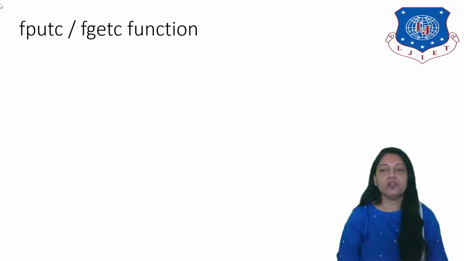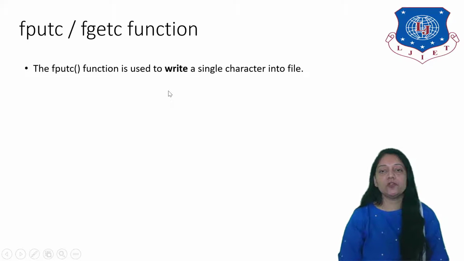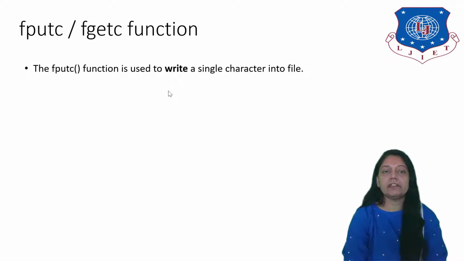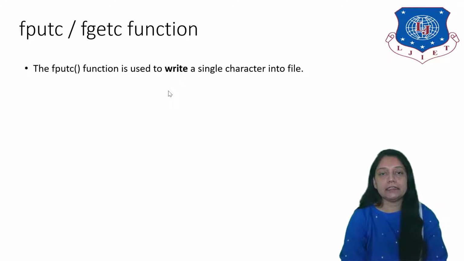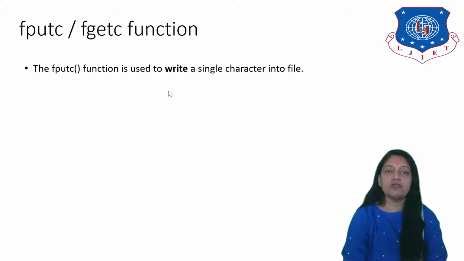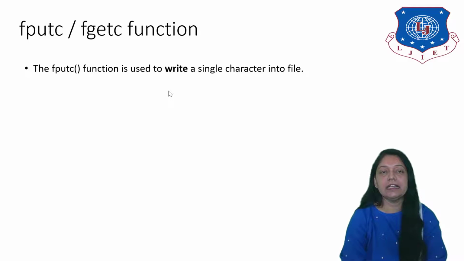So today we'll continue with a chapter that is file management. In the last video we have seen how to open a file and how to close a file. Today we'll see the next functions for files, that is fputc and fgetc. fputc is used to write a character in a file. At a time we can write only a single character in a file. You cannot write more than one character, but you can write a single character in a file in case of the fputc